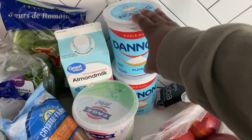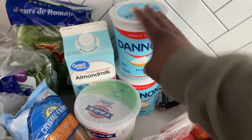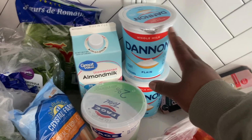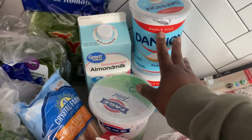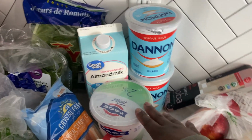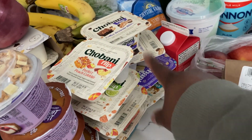So I'd rather buy an extra one of these, not a whole extra one, but I'd rather just make sure I have enough whole milk yogurt, and I'll just strain some of that and it will strain down really nice. It does reduce by quite a bit. So that's why I wanted to make sure I had enough, because I do need whole milk yogurt as well. I just didn't want to buy a 3rd type of yogurt. Well, 3rd, I say that, but then I have all my Chobani flips here, which are